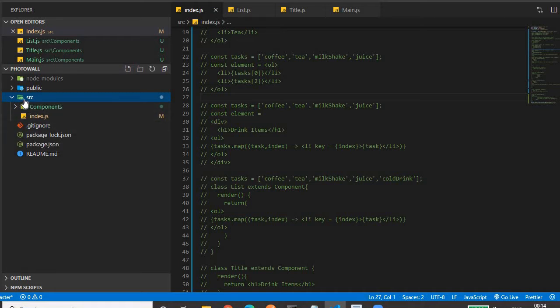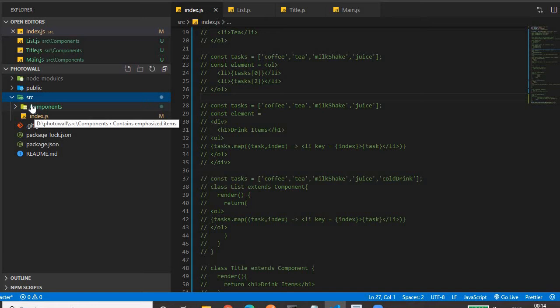In the src folder, once you load your application for the first time, you will find a lot of files available. Those files are not of any importance for us. So just delete everything and keep only the index.js file. We'll code in the index.js file. This component folder you won't find when you load your application, because I have created this component folder, and why I created it we will see today itself in a bit.